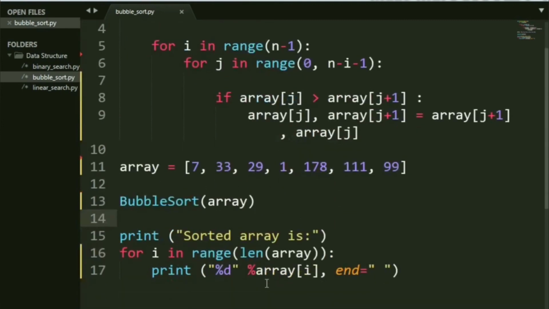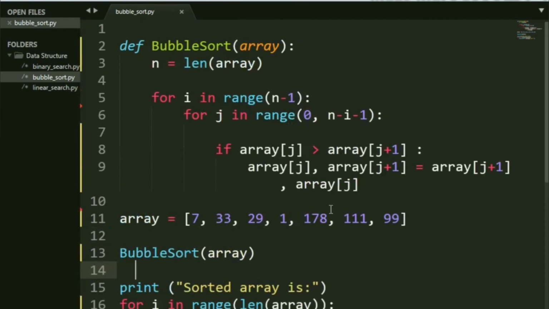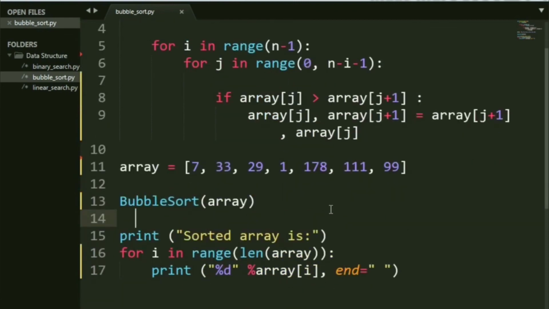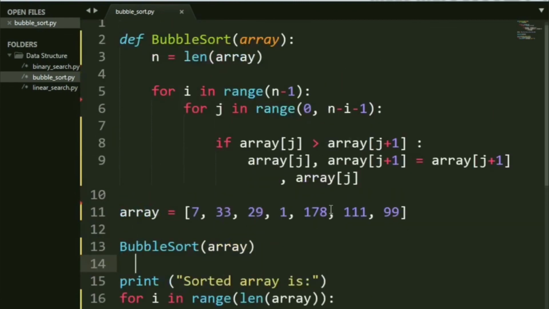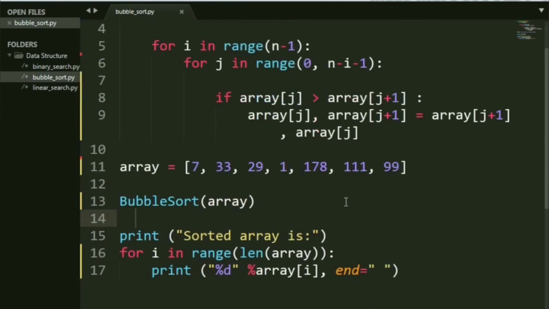And that's basically it. And after that, we come out here and we print the sorted array. And our work is done. The array is globally changed, so you don't have to return or let's say print it in the function itself. And we're done. You just formulate it a little bit so that it looks all nice and pretty. Now let's run it. And there you go, just a moment.